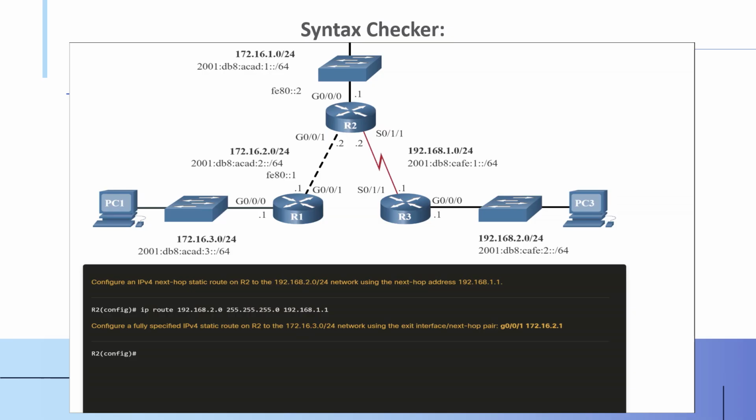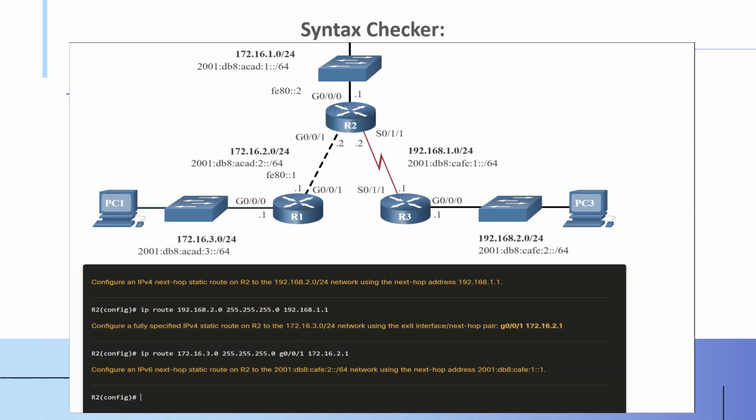And then what we will do, we will configure a static route, a fully specified static route on router 2 to reach the 172.16.3.0/24 network by using the exit interface and next hop pair. So to reach the network 172.16.3.0/24, which is the LAN that is connected at router 1 through the interface giga00, we say the pair